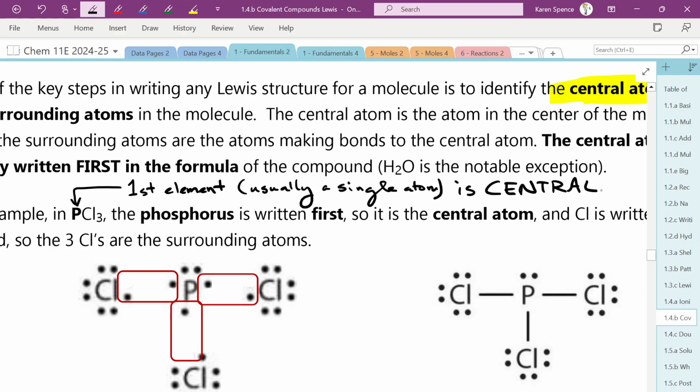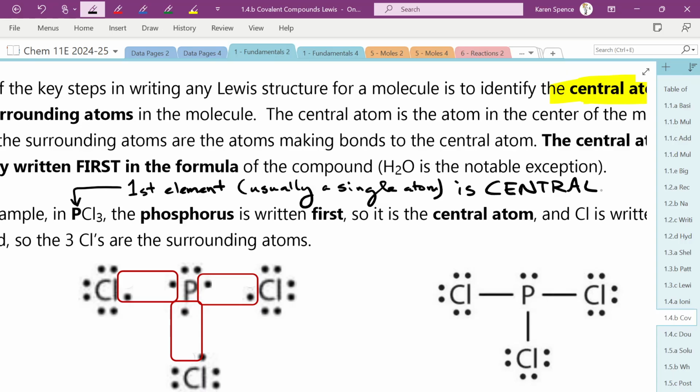Like if you tried to put chlorine in the middle, you're going to have a problem because chlorine only has 1 gap in its electron shell, right? So it only wants to share 1 electron with 1 person. It doesn't want to share with two atoms. Does that make sense? Okay, we're going to leave it here for today. We'll come back to this in a little bit because this is not our main thrust. Our main thrust is the